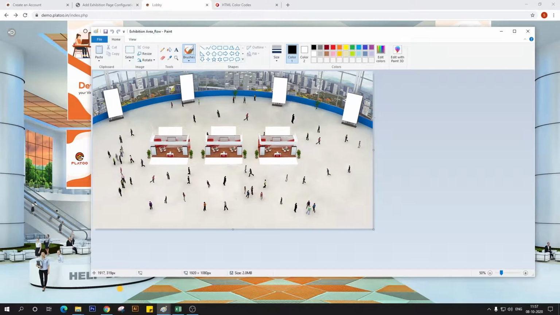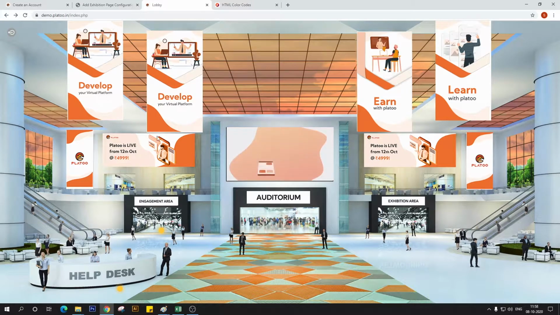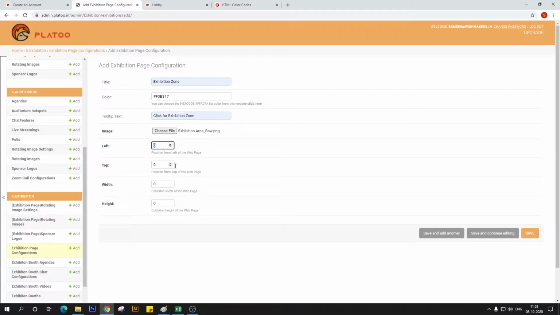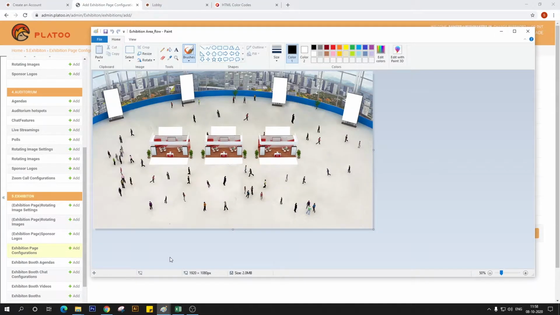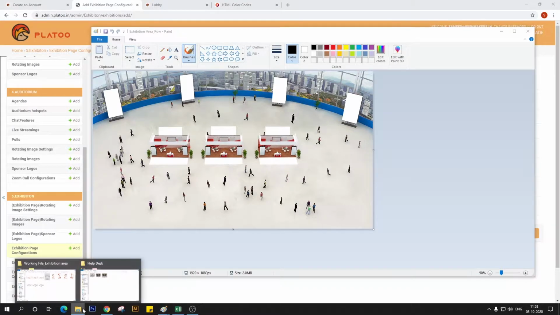Now, something that you would want to notice here is that all the image slots that we have worked with so far have been laid out boxes, but here you see that the boxes are in a perspective view. So we're going to learn how to add any sort of images here in this perspective view quickly. Doing that is very simple. All you need to do is go in the backend, and first we're just going to add the hotspot there, for which we just need to open the lobby page